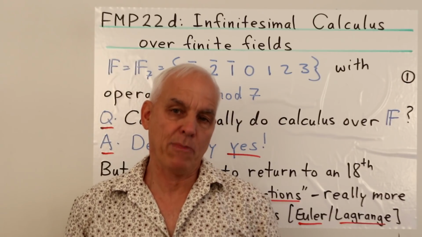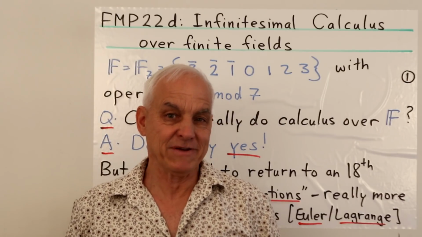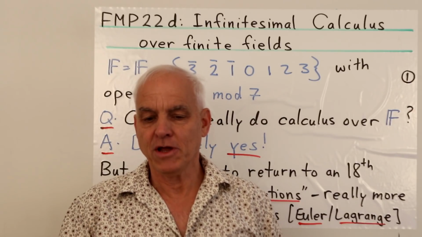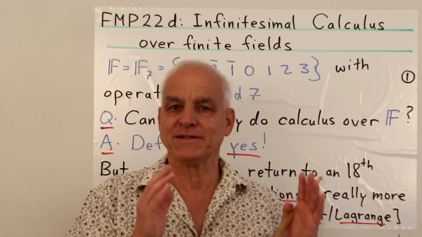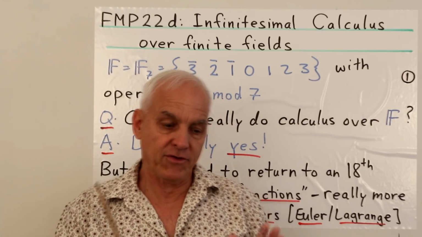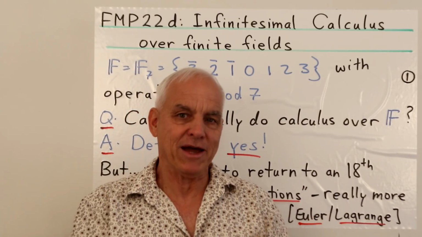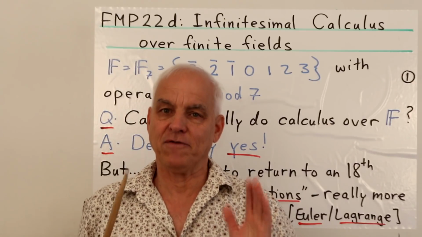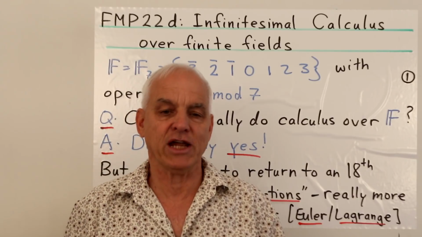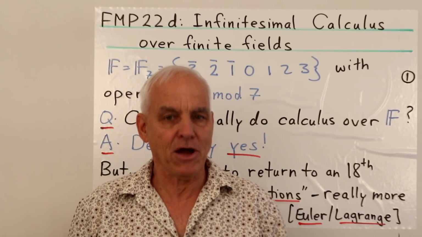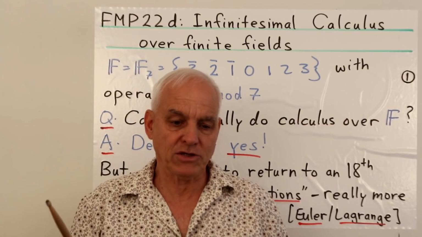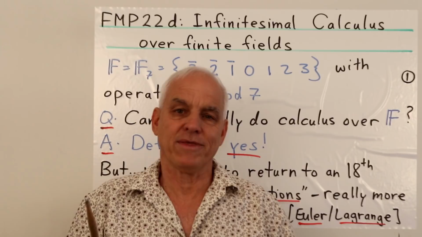Hello everyone, I'm Norman Wildberger, and we've been talking about infinitesimal approaches to calculus with an algebraic flavor, coming from the dual complex numbers over a general field. And now I want to show you how this avenue opens up the idea of calculus over finite fields, where our usual intuition about smoothness and rates of change and so on are debatably maybe not so evident. But nevertheless, there's very rich phenomena, and I want to illustrate some of this with some examples.